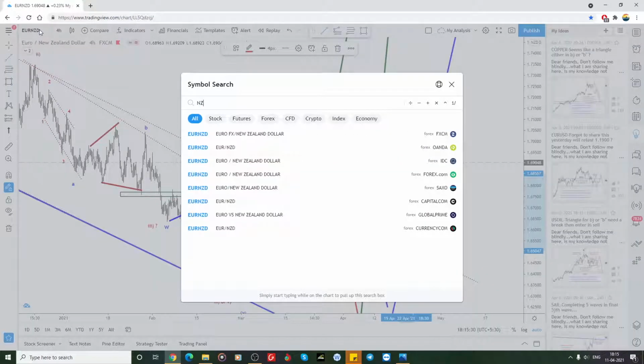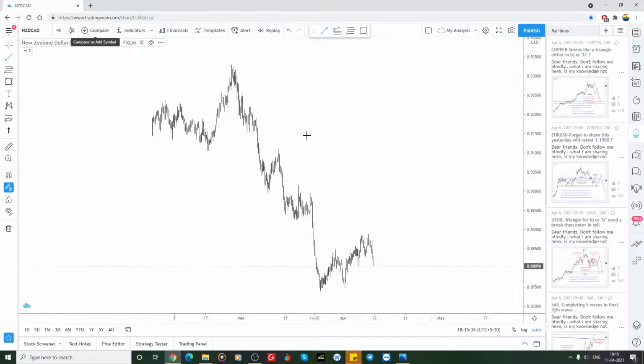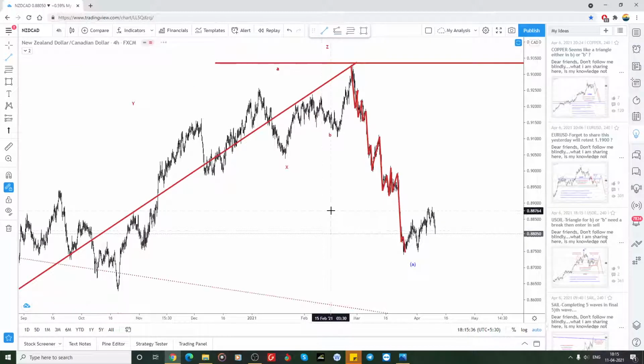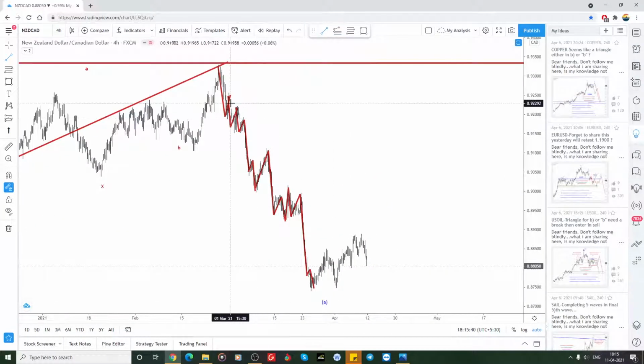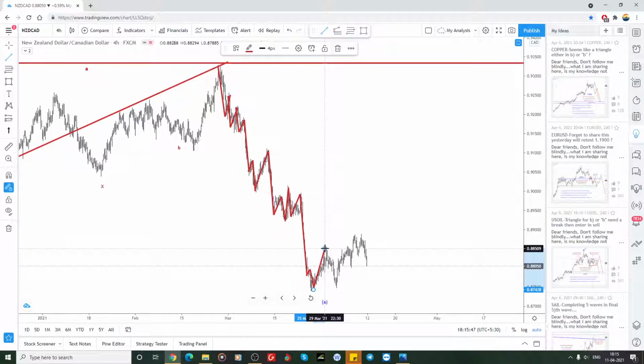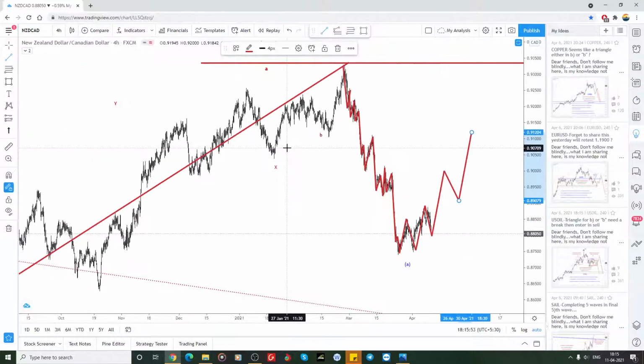So New Zealand CAD, I took this as an A and I have explained that 1 2 3 4 5, so 1 2 3 4 5, and this is the 5-wave ended. So now I am expecting a deeper correction, like this can happen, and once it reaches this zone,